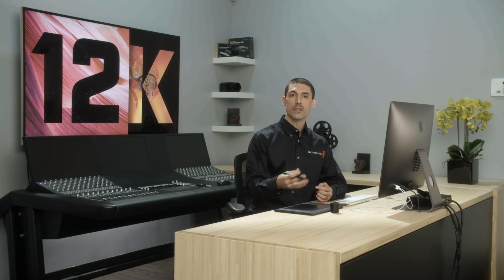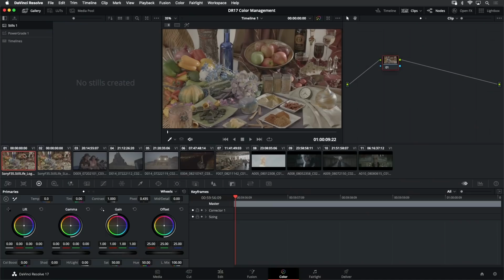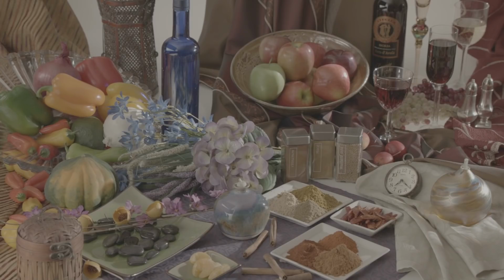Now, before we dive into the way we can use color management in Resolve, we need to understand what color management is. So to do that, let's take a look at this clip that I've got here in front of me in my project. As you can see, I currently am looking at this image in a sort of flat log state. So the contrast is very low, I don't have much saturation, and I generally need to get it into a more vibrant place before I can really begin to do anything else.